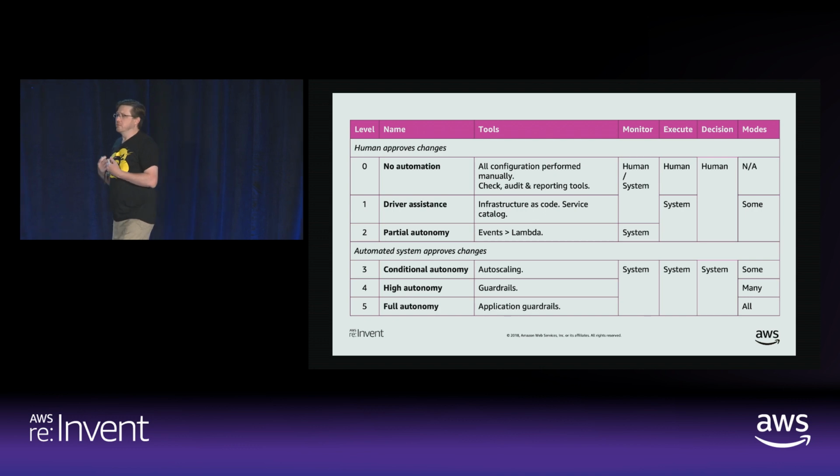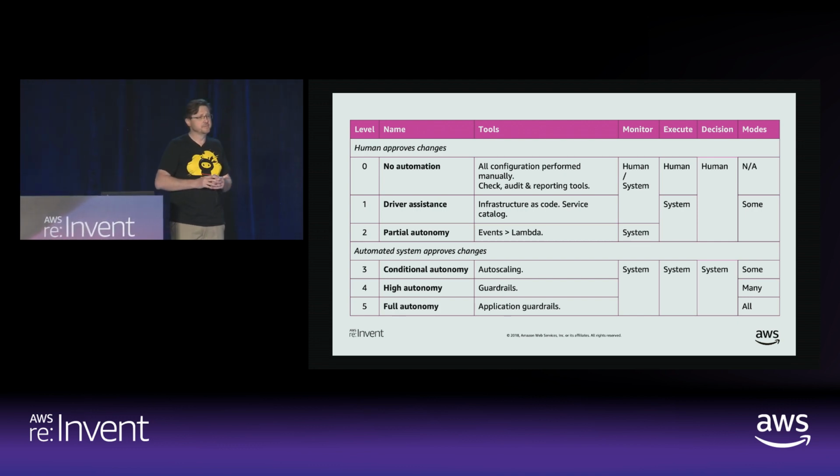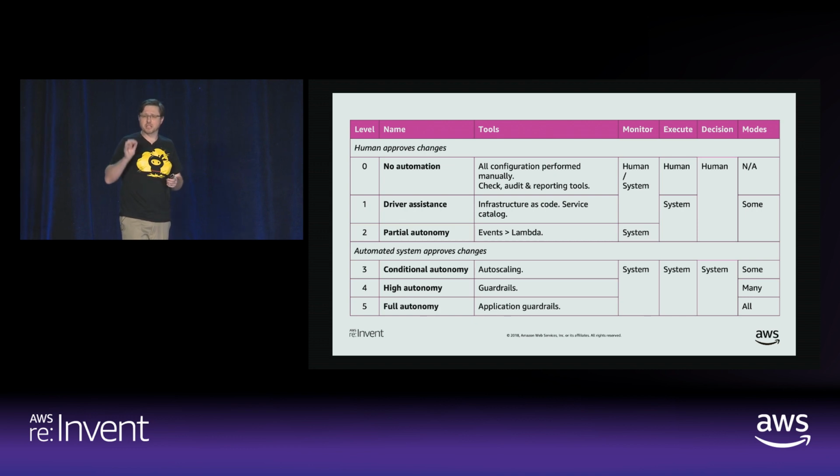We've gone even further, though. We've got these amazing things, events flowing through, running Lambda triggers and capabilities like that. So at this point, we've started to get to the point where it's being monitored by the system and it's being executed by the system. I still define this, though, as human decision because typically they're very fine-grained, quite hardwired, and they have a lot of fixed nature to them as they get deployed because they're hard to do with a lot of flexibility. So we've got to some partial autonomy,